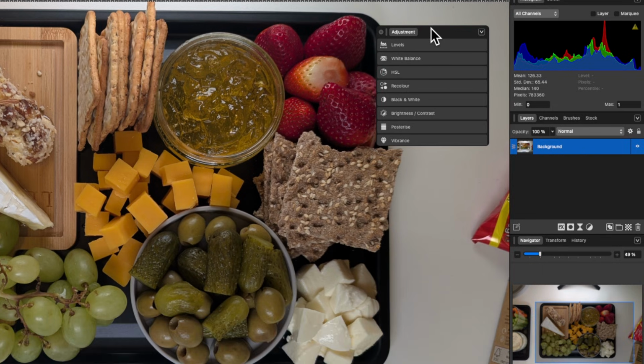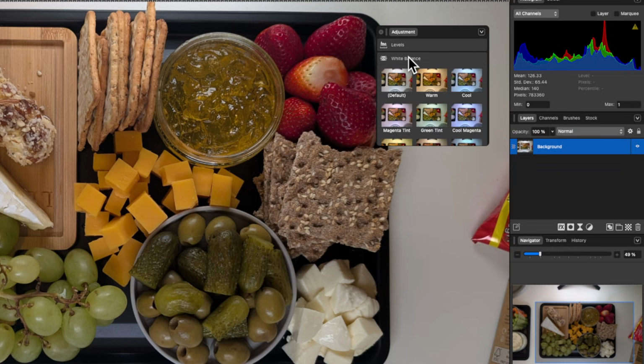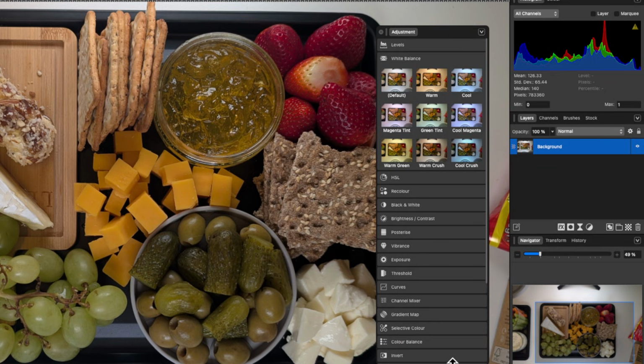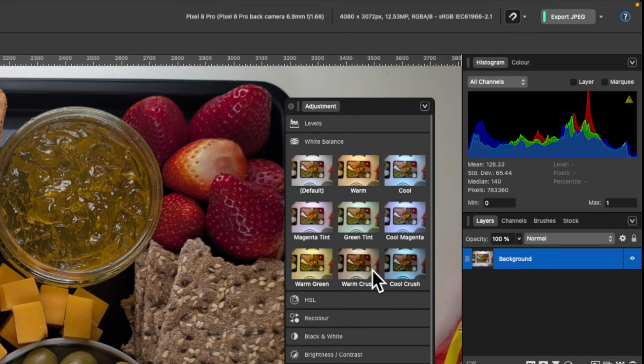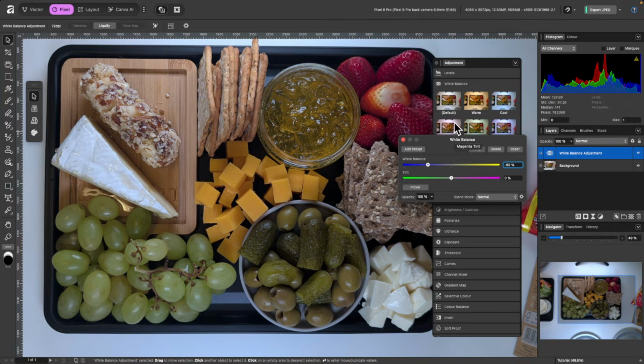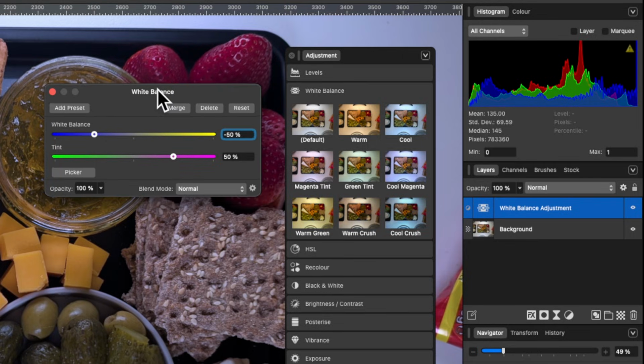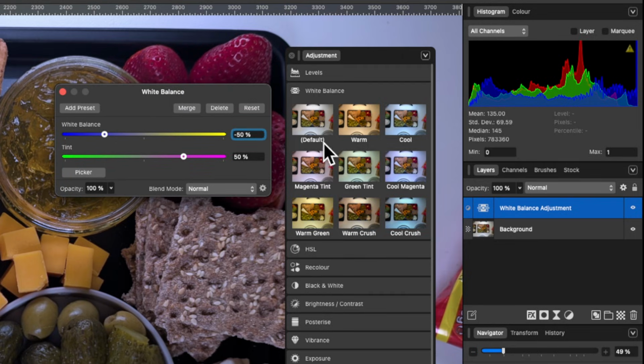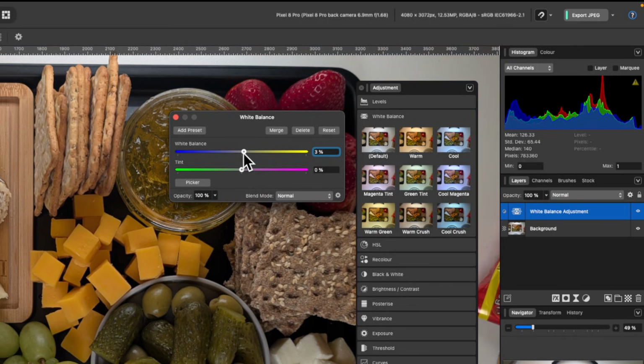So let's go ahead and do the same things again. I'll just start off with white balance. I'll click on that, and you see now, let me just drag that down to reveal more. There's lots of options in this one. Now I have a few kind of like presets. So I've got warm, cool. I just click on the preset that I want, and this pop-up box appears just like it did before. So let's just go to default, and I can make any adjustments I want. Let me make it a little bit cooler.